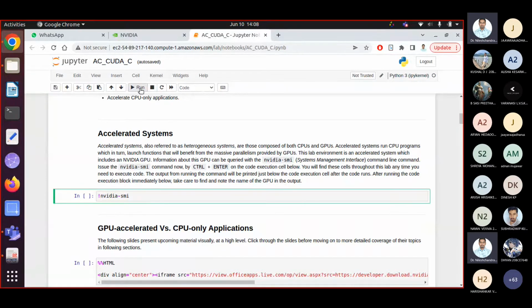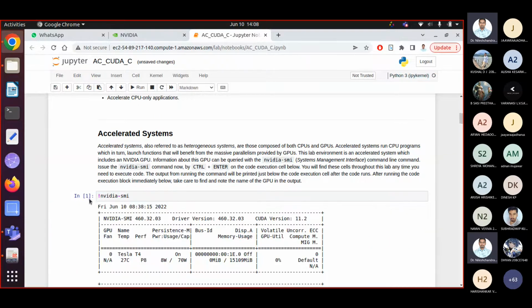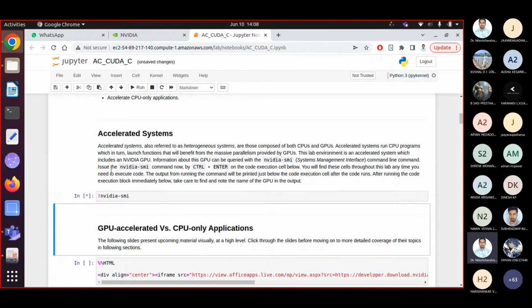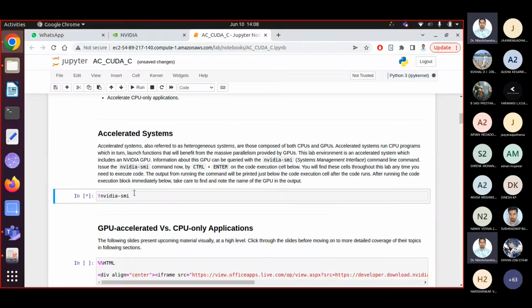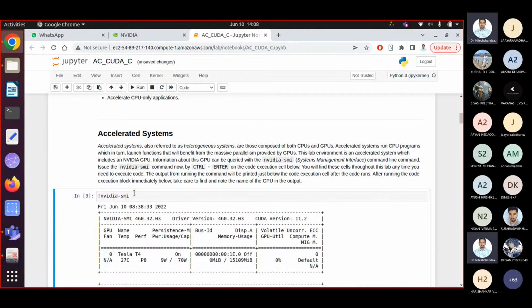Once you click on run, it will start executing, and you'll see an asterisk appear here for some time. That indicates this cell is currently executing, right? Either you use this run button, or you use Control plus Enter to execute.